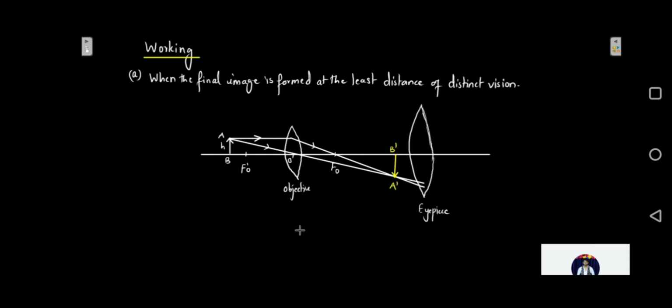So in a similar way, by using this arrangement, the separation between the objective and eyepiece is adjusted in such a way that the image A dash B dash, the image of this objective, will lie within the focal length of this eyepiece. Okay, so let us say that this point optical center over here is E. So the arrangement will be such that the image formed, that is A dash B dash of the objective, is going to fall within the focal length of the eyepiece.